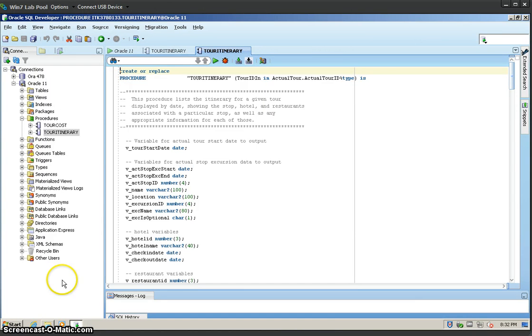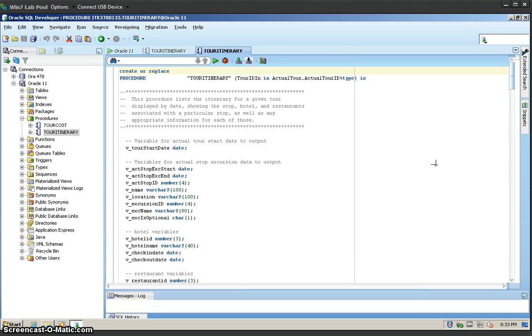I just wanted to give a brief overview of the stored procedure for tour itinerary that I created for this milestone. The general purpose for this stored procedure is to generate an itinerary that could be used internally by the tour company to input a tour ID and then generate however many tour itineraries they might want, either to hand out to customers when they're on a tour or to post for people to see what all is